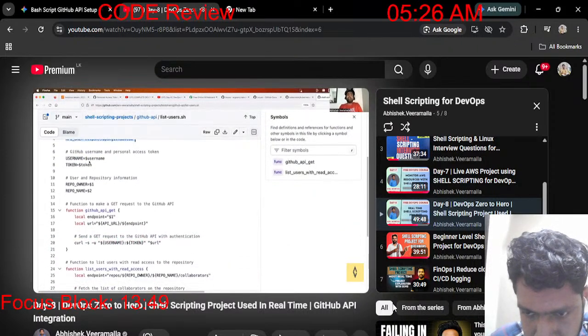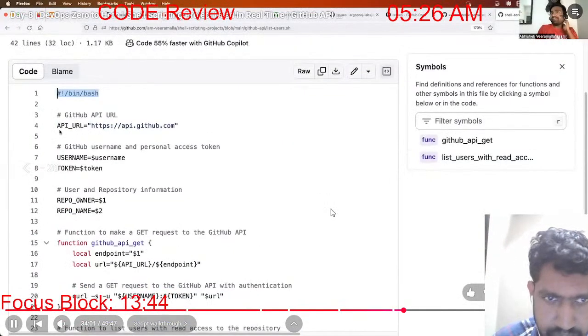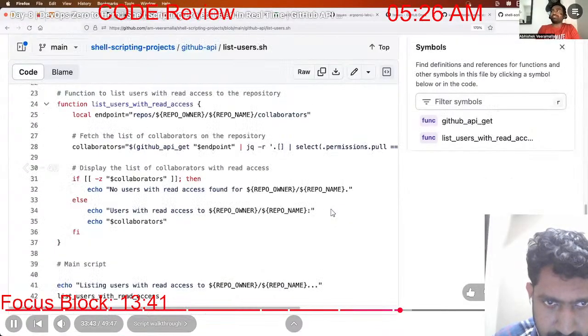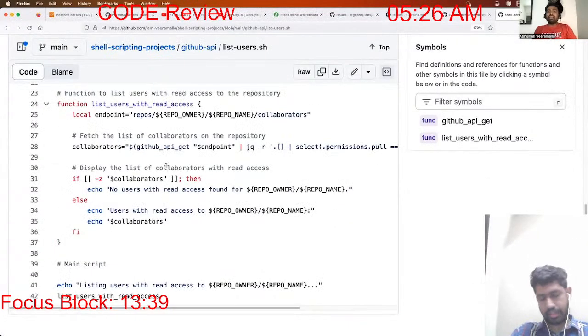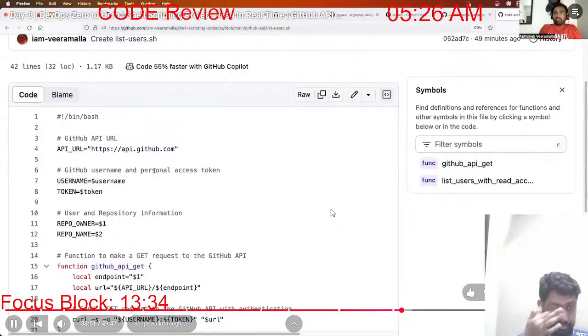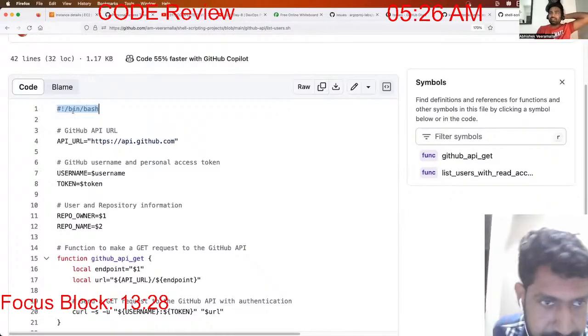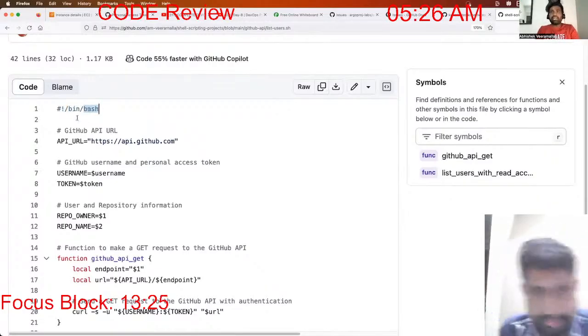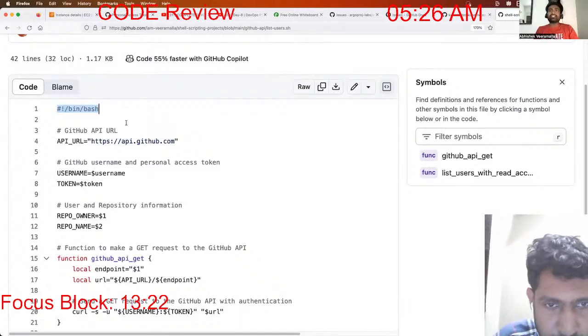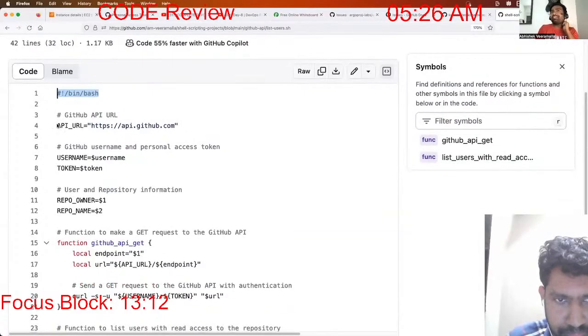api.github.com. After that, if you remember, I have exported the username and bash first documentation. I've shown you the GitHub API documentation, and taking help of it, I've written this script. What I did first is, for a shell script, you always have to start with this shebang, followed by how you are writing the shell script. Here I'm writing the shell script in bash. If you are writing in sh, just replace this with sh. If you are writing in bash, then keep this particular syntax as the first line. And then I'm saying this is my API URL,